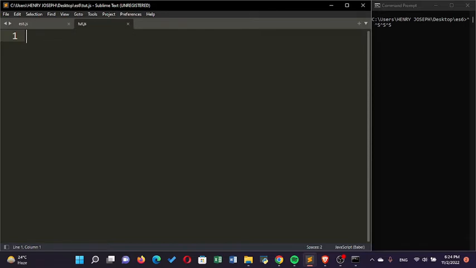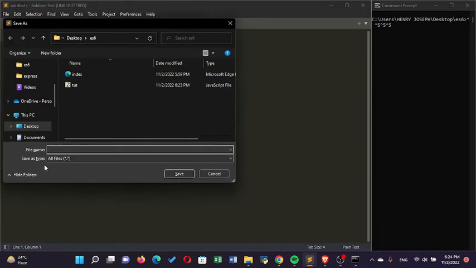Now we are going to be talking about modules, how to write code in another file and import it into another file. So let's assume this is our main file. It's called tut.js, and then let's create a new file. Let's call it